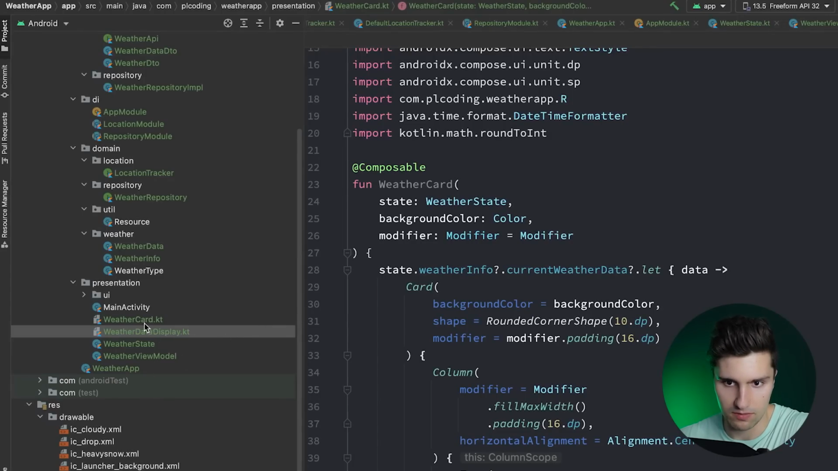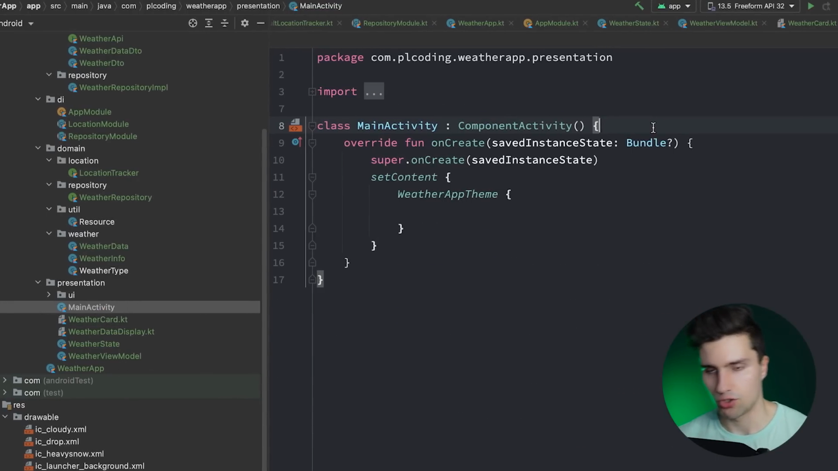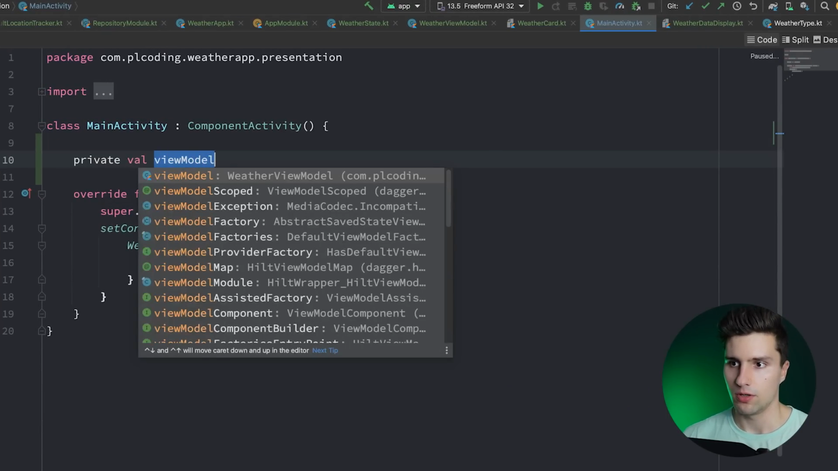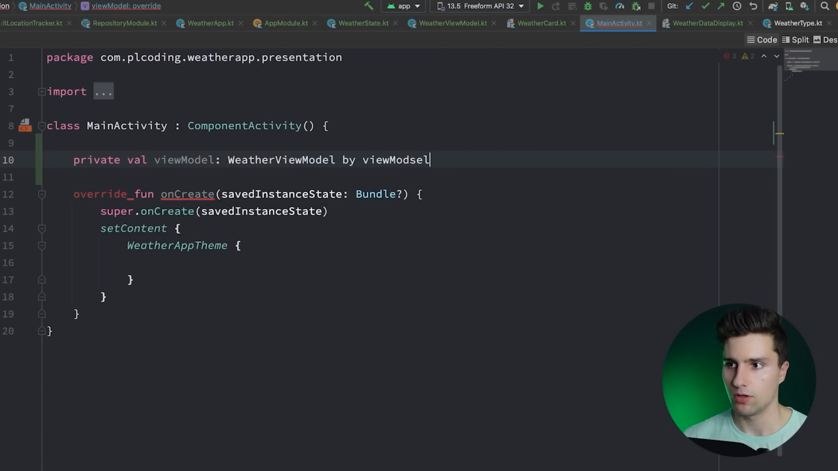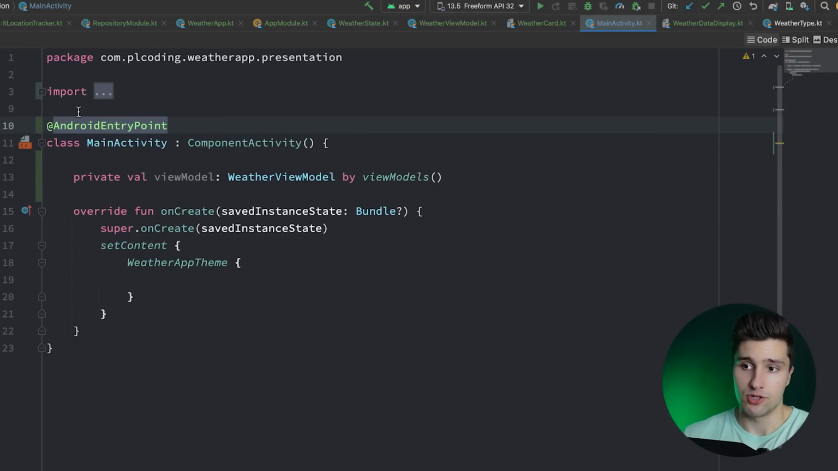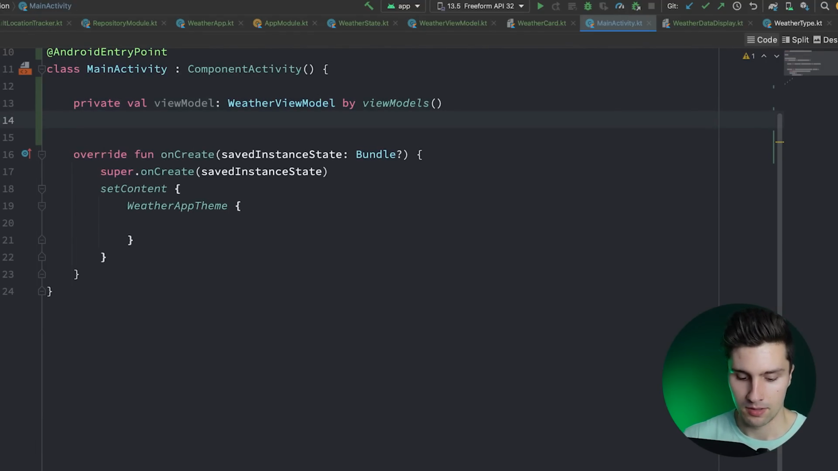If we go to main activity in here, and we get a reference to our view model, private val viewModel will be a WeatherViewModel by viewModels. We need to also annotate the activity with AndroidEntryPoint, which we need to be able to inject dependencies in an activity using Hilt, such as our view model. And something we need is to request the permissions before we can launch the app, or before we can try it out. So we can say